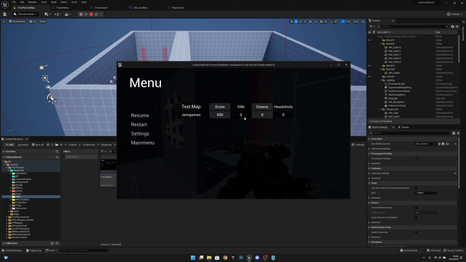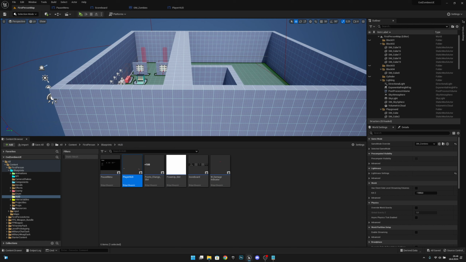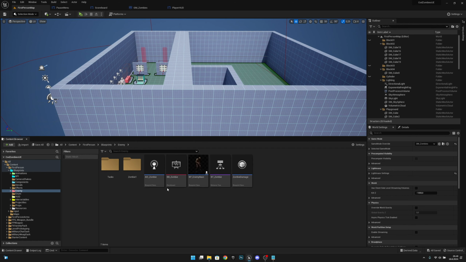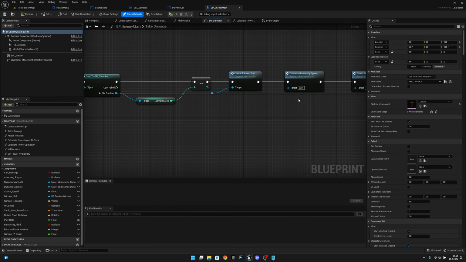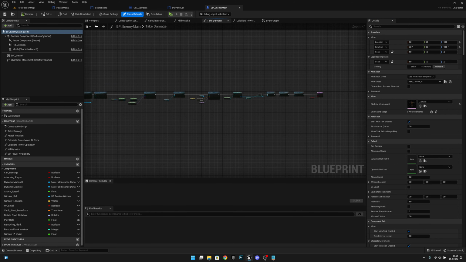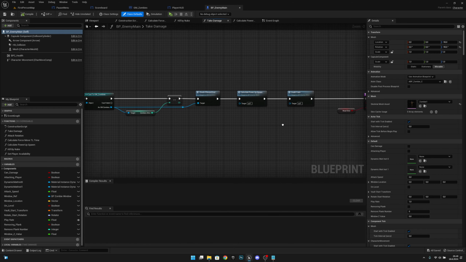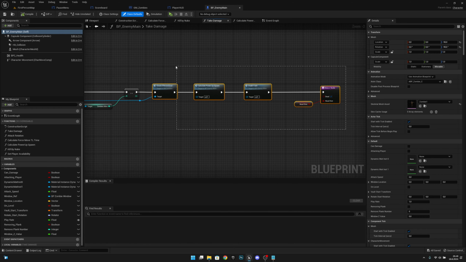So next, let's update the kills. So that is as simple as, I think, where do we have to go? Oh yeah, we have to go to the blueprints and to the enemy and BP enemy main. And here we want to go to the take damage function. And here where we have this zombies alive -1, let's move all this further away,